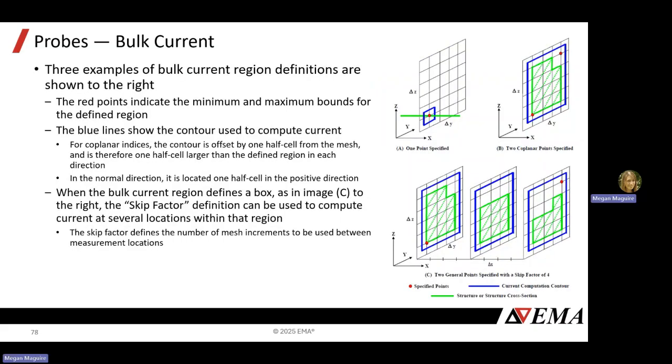I'll go into a bit of how you can define these and then some consequences. So on the right, there's 3 different examples. So you can define your bulk current probe at a point. So you can actually have your min and max definitions for your bulk current be the same. And it'll still be able to provide a current. It's just a current through a point where the magnetic fields used to compute that are in the half cells around it. You can have 2 coplanar points that don't exist at the same location. And once again, you have the magnetic fields, which are these blue lines, used to compute that, which go in the half cell direction, in the positive direction for each of the